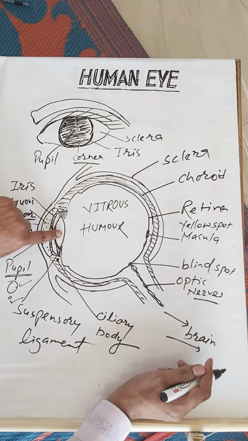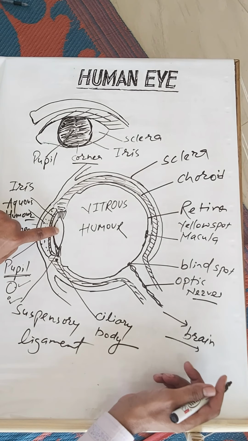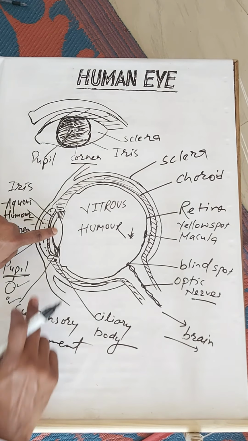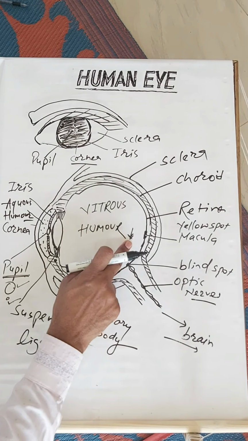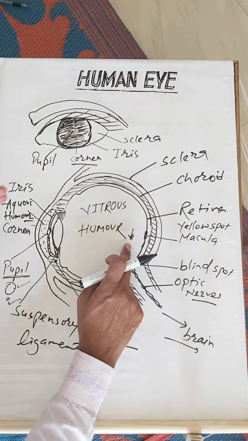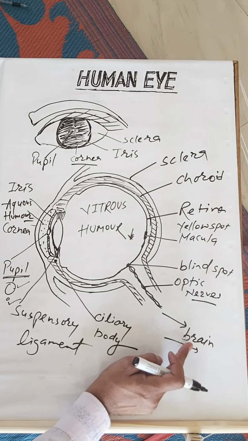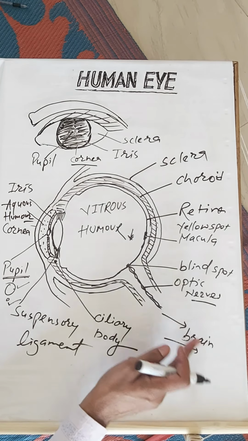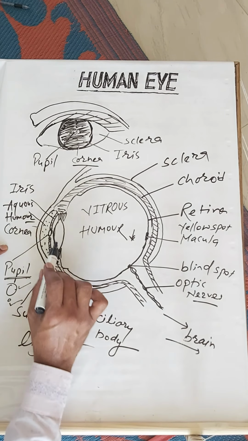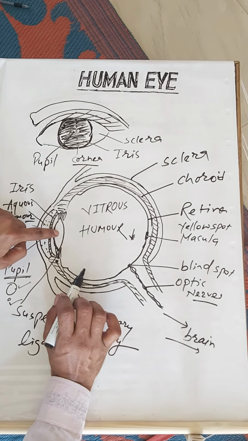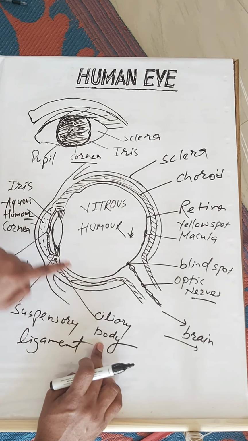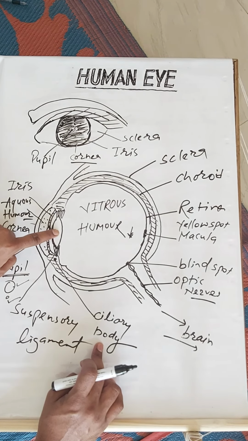Now lens. This lens is convex lens. It forms the real and inverted image. Okay, convex lens forms inverted image, and inverted image is made erect by brain. मतलब उल्टी इमेज जो होती है वो सीधी होती है with the help of messages from the brain. Now the lens, okay, this lens can increase or decrease its focal length with the help of ciliary body. मीन्स सिलियरी बॉडी जो है वो लेंस की फोकल लेंथ को एडजस्ट कर सकती है.